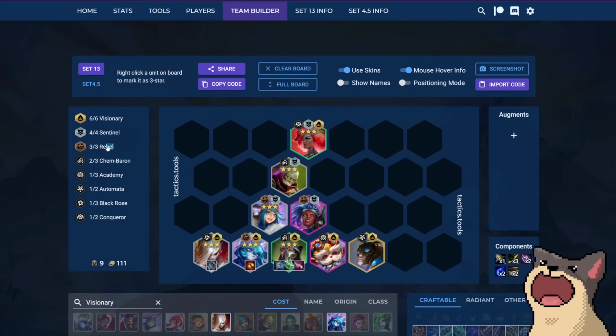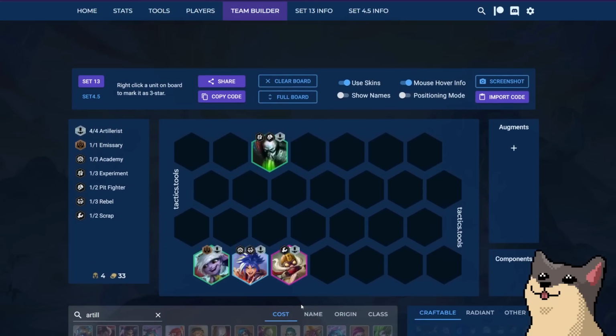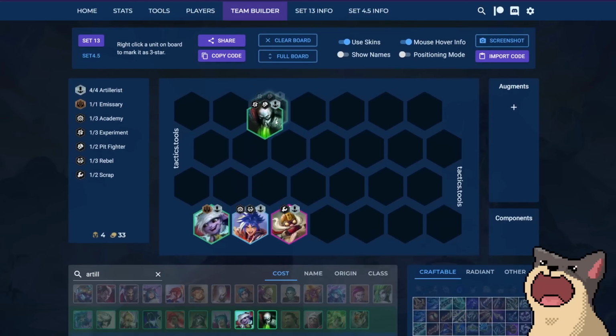With the Rebel buff as well, it also helps to have a Lowy, and it makes Irelia 3 a little bit more of a demon because she gets a little bit of HP in addition to all the armor from Sentinel. Now, Artillerist. Urgot got nerfed a lot, but it doesn't seem that substantial because